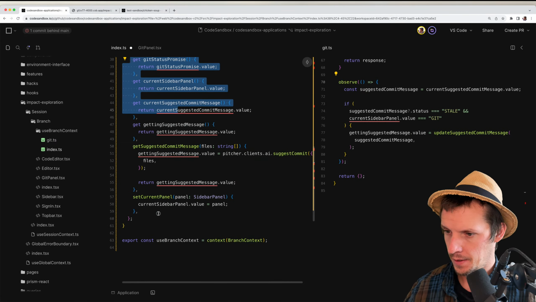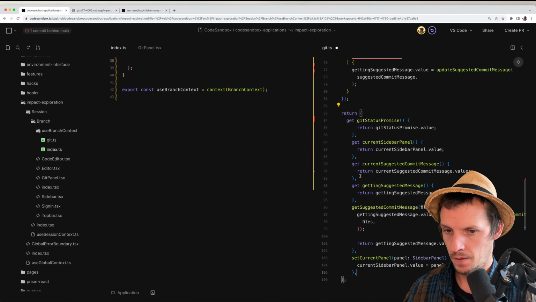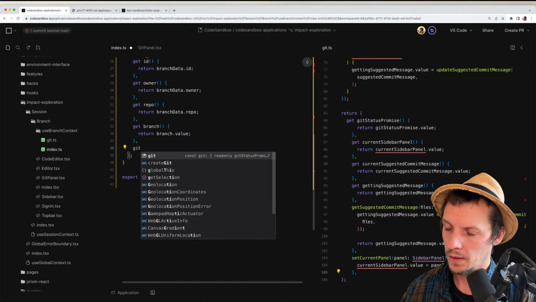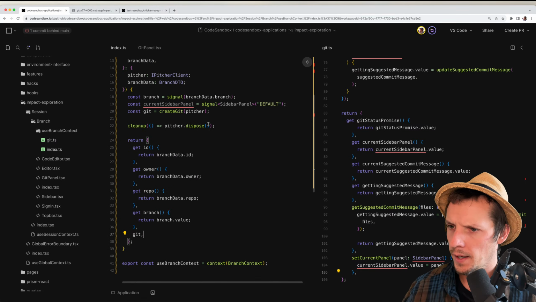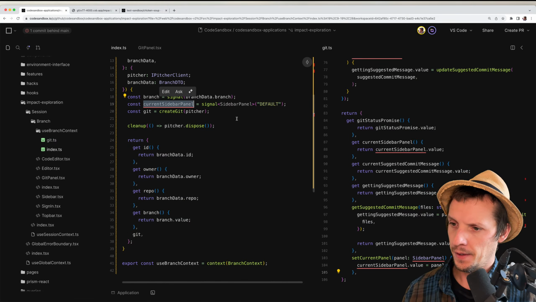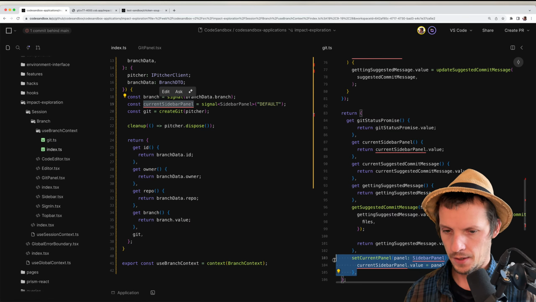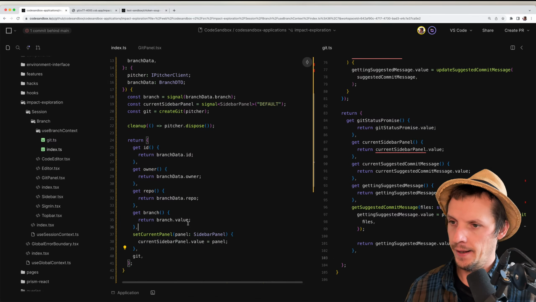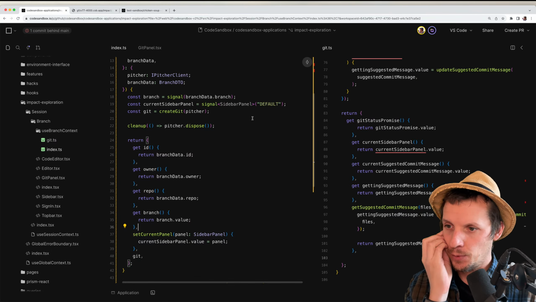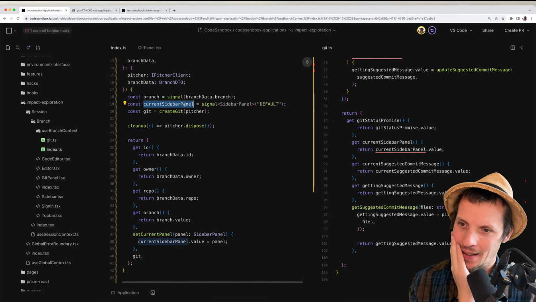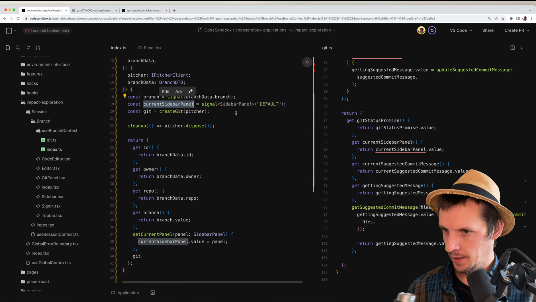Well, first let's move this over here. And then we're going to just say Git like that. But now we have this current sidebar panel, and oh, that's actually going to be here. Oops. And it's needed as well by this factory, or this API. So now I also have to pass that one in. And this is where it gets a little bit